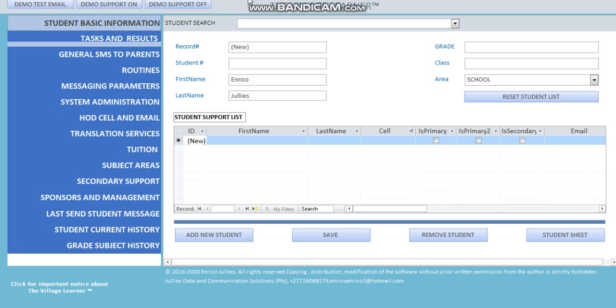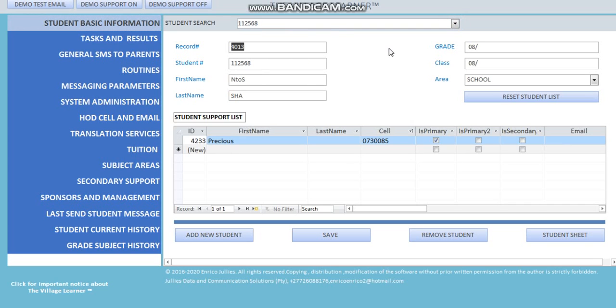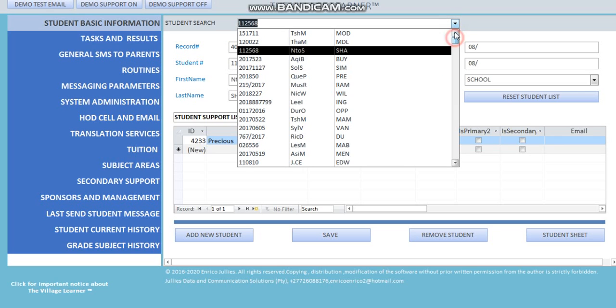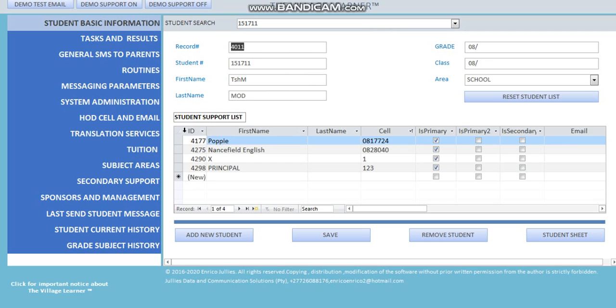Now, the village learner does that by feeding back information to the parent regarding the child's performance based on the assessments in a very easy manner, via SMS. The village learner is very easy to administer. All we need is basically once off to load the child's detail once a year and perhaps even less frequent, and after they've done that, to load equally important information which